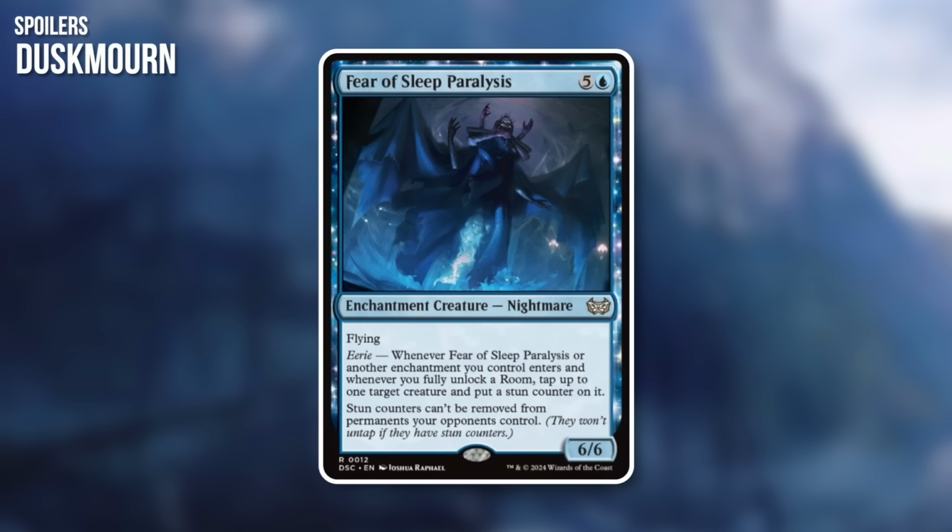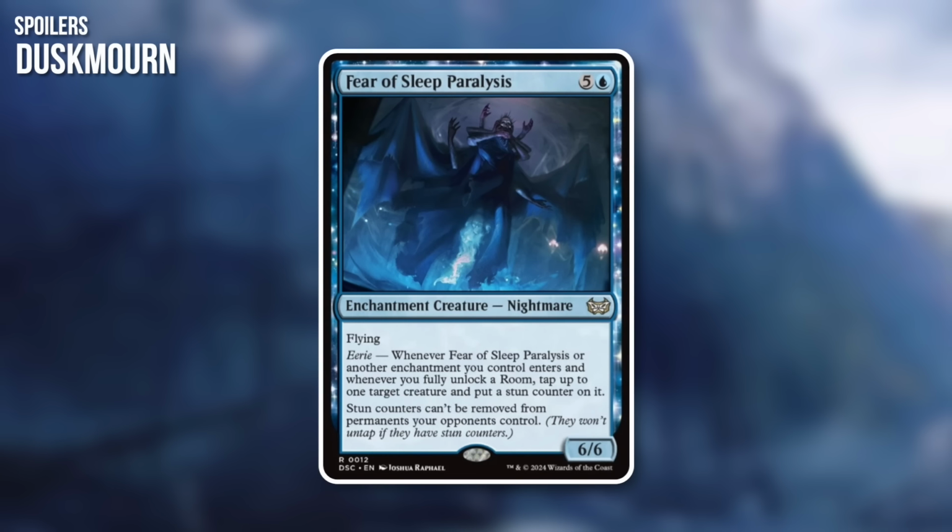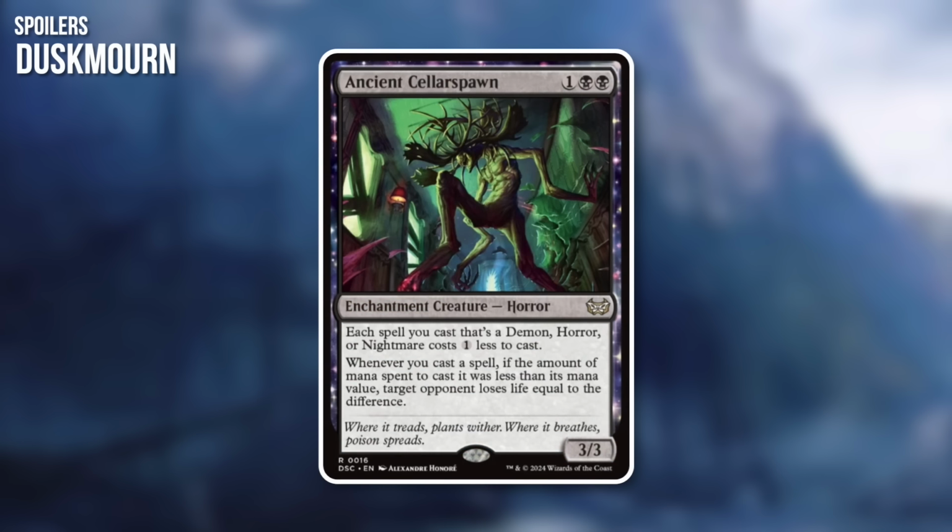Yeah, that's huge. Also, proliferate decks as well, because you can build up those counters on creatures. They can't be removed, and even if this does get removed, they'll never be able to untap by the time things happen. So it's a really cool, really good card. Next up,